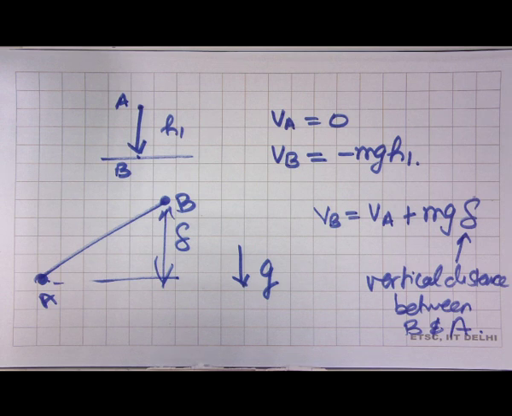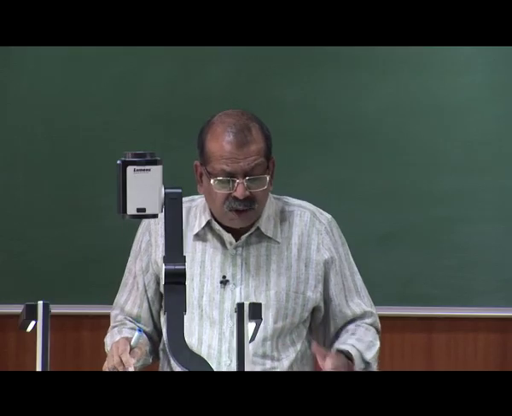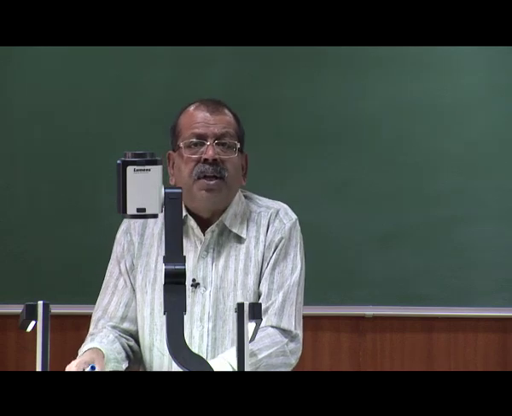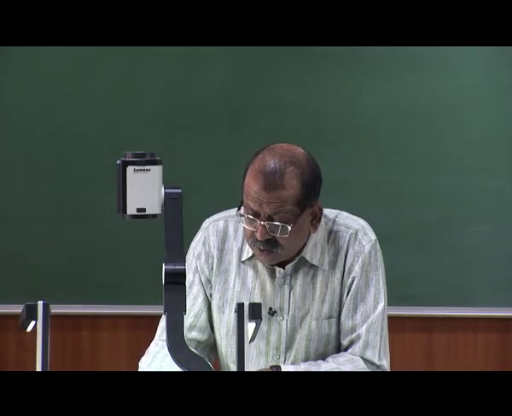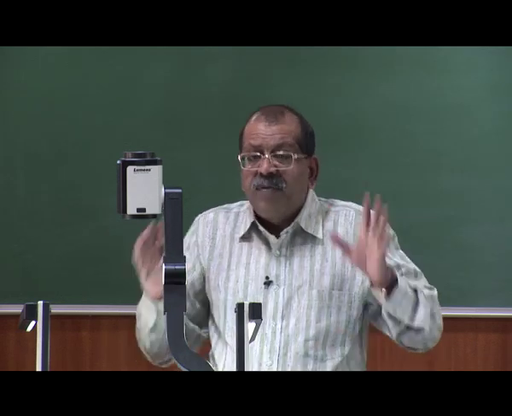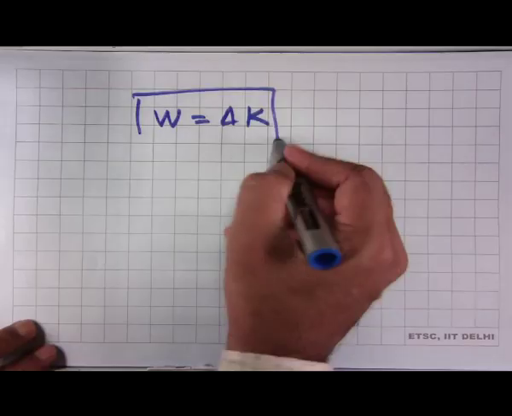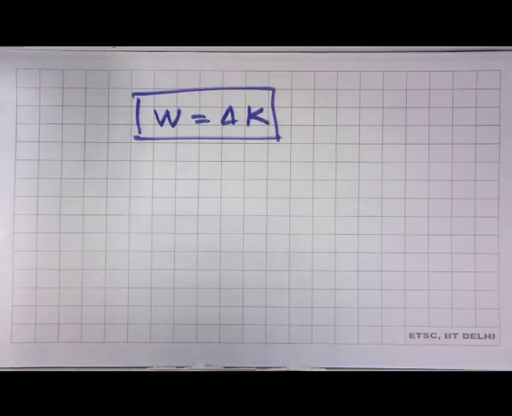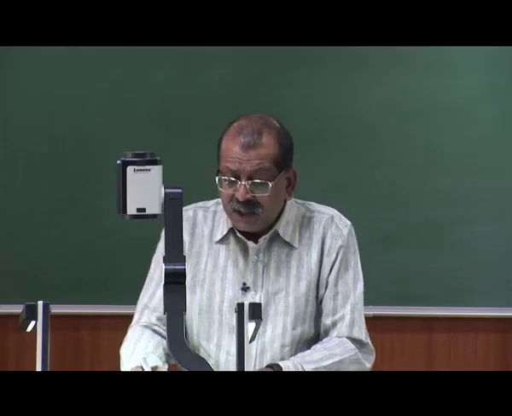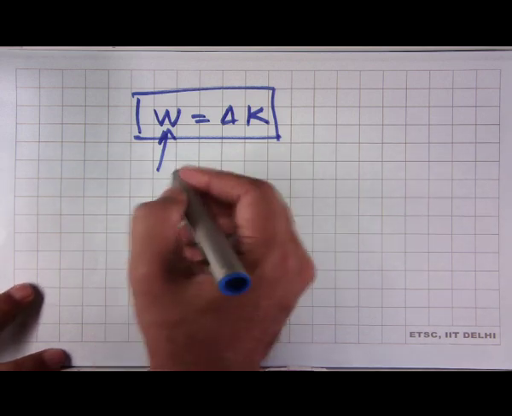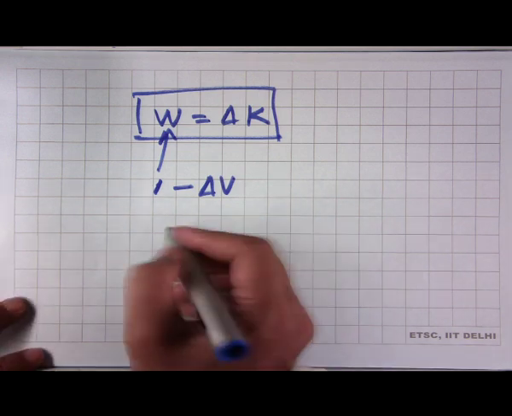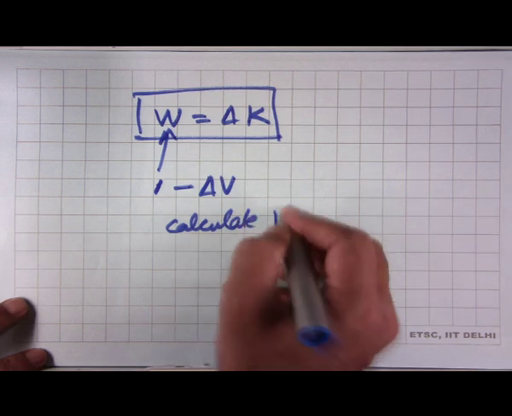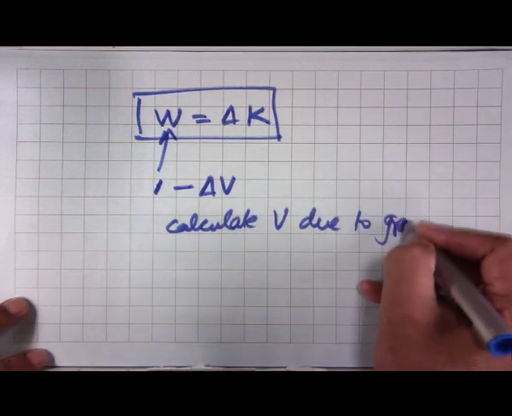And you see the simplification which comes because of this formulation is that what we are bothered about is only the change in potential energy to calculate the work done by gravity. See, our original equation of integrated form of Newton's law is W is equal to minus change in K. Now, if in a problem there is only gravity acting, then what we have shown is the work done by gravity can be written as minus the change in potential energy, and to calculate V due to gravity, all we need is